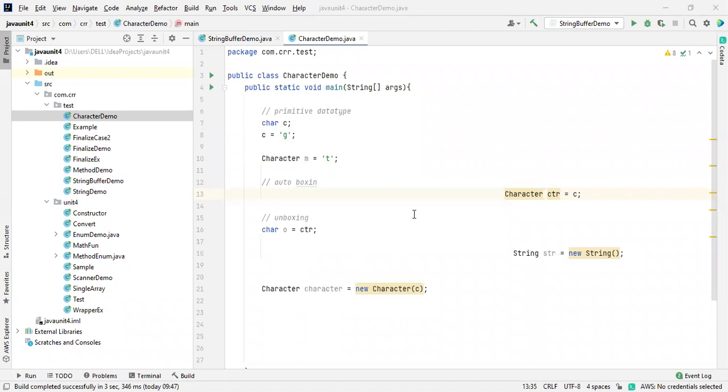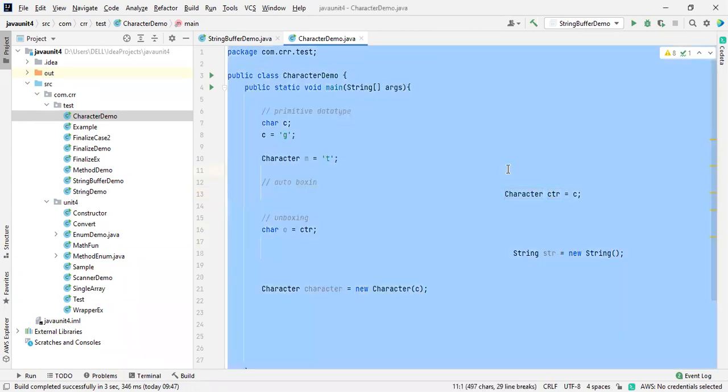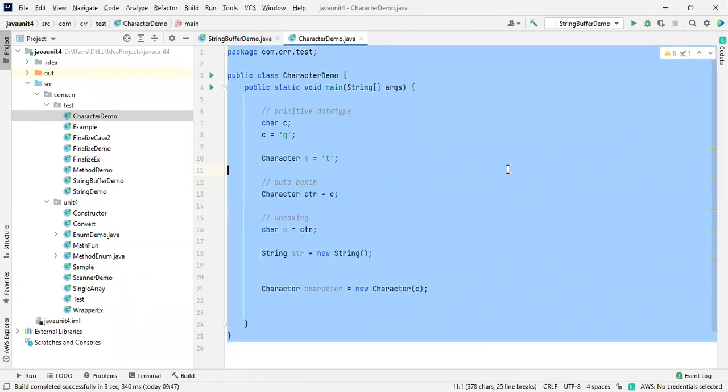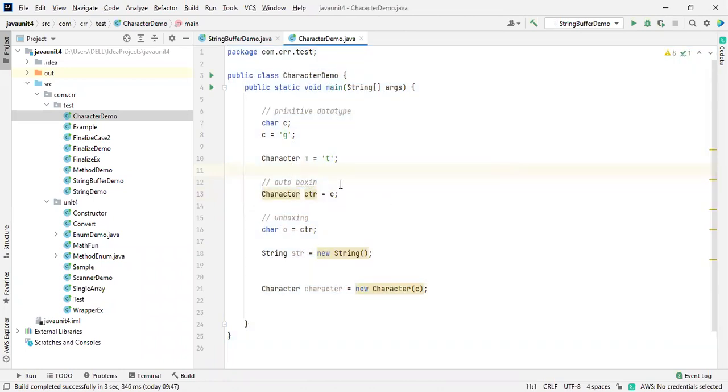Formatting. So what is formatting? It is in the sense of making things in a correct manner according to the coding standards. By default, this IntelliJ tool arranges code in a proper manner, with proper spaces and all. For this, we just press Control Alt L, and everything is in the proper manner. This is all about formatting, making in an order or a format. We have to follow some formats to meet the coding standards.